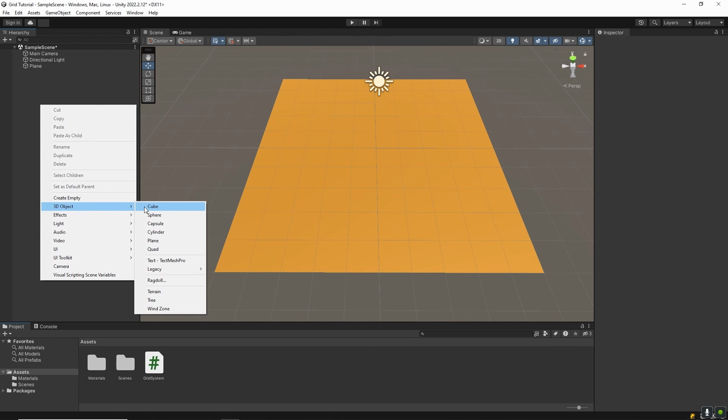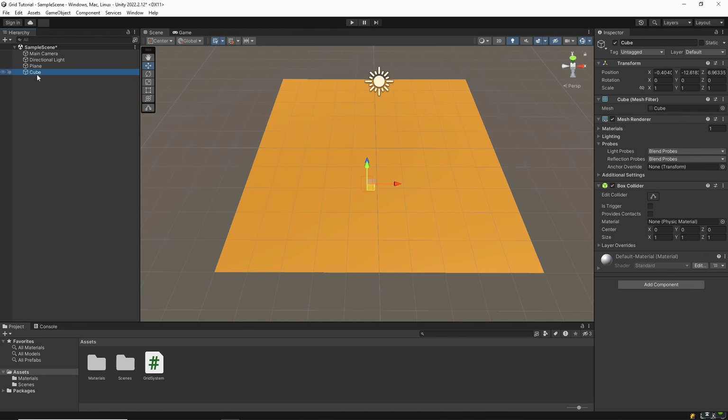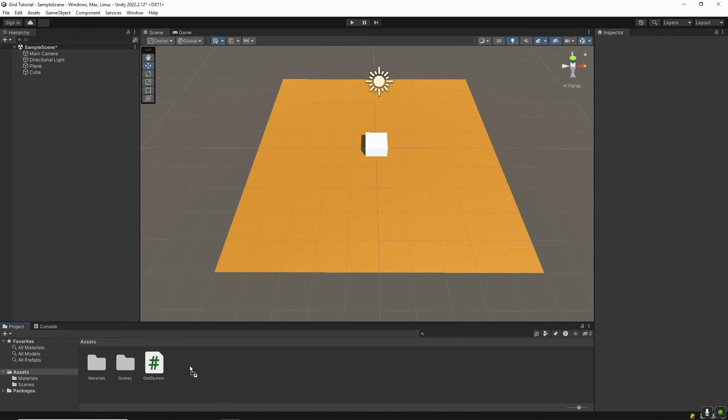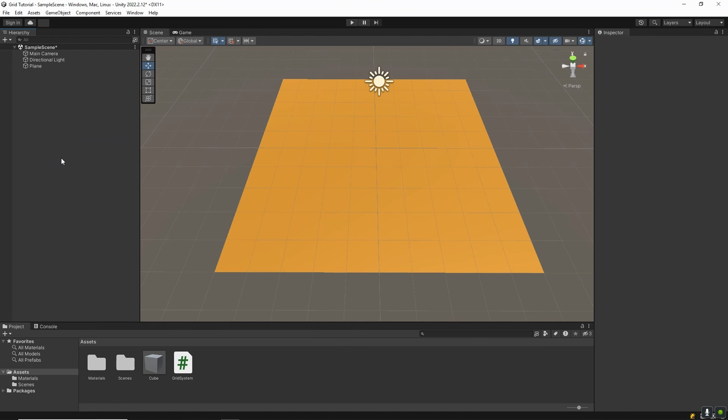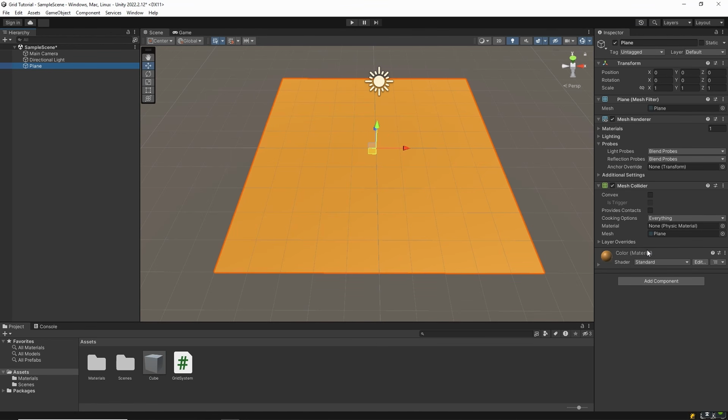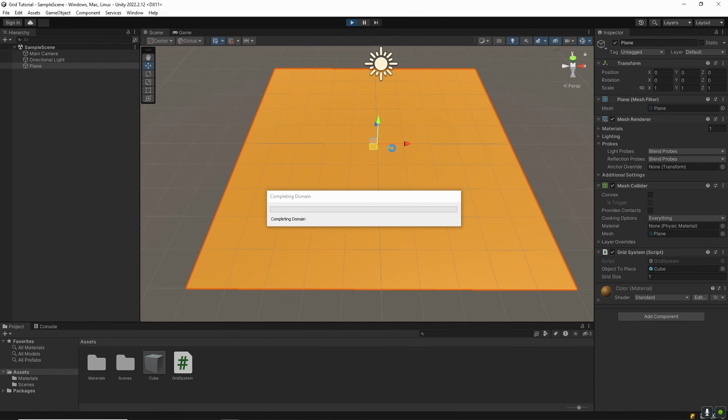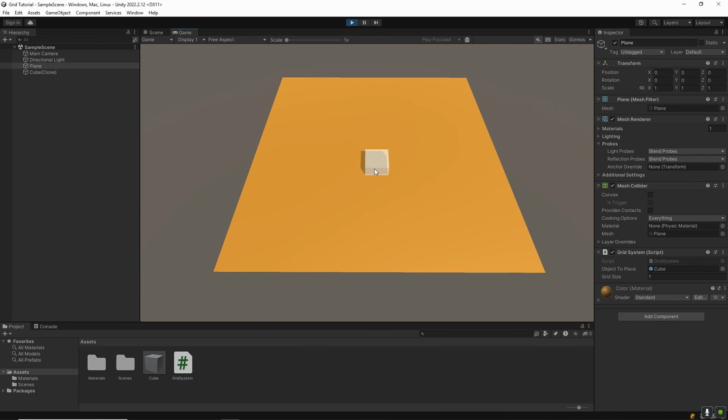So that's it. Then open Unity and create a cube, make some settings, and make it a prefab. Then attach our script to our plane object. Then drag and drop the prefab of the object we want to place into the Object To Place field in the inspector. Let's test it. As you can see, our